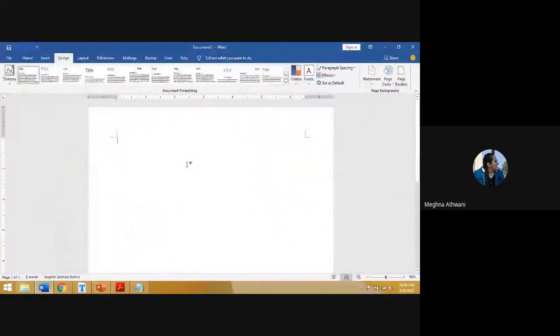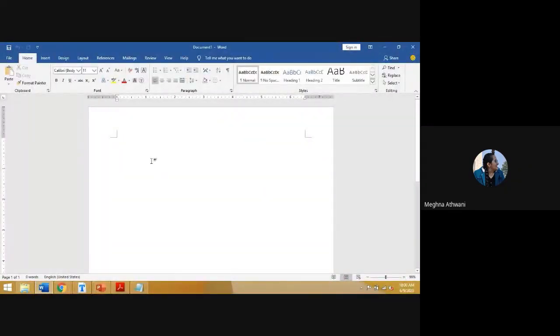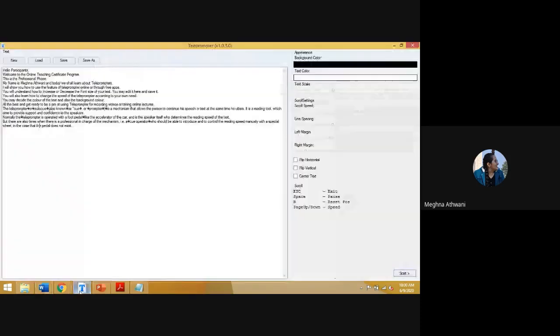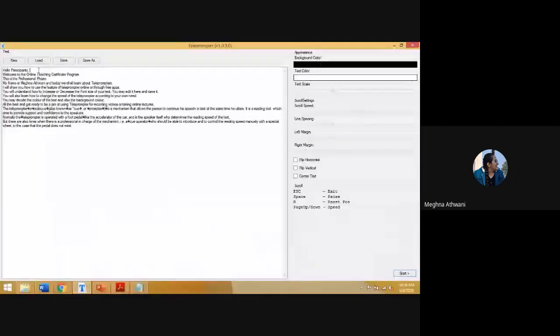I have opened a Word document here. This is how a blank Word document looks like. Dr. Ajay Kumar Chaudhary asks, what will happen if I press enter accidentally? Actually, if you press enter in MirrorScript teleprompter, it starts the teleprompter, sir. I'll just show you. See, I pressed, there is one line here. Can you see my arrow? Hello participants, I have kept my cursor. I pressed enter, it started playing. To go back, I have to press the escape button.